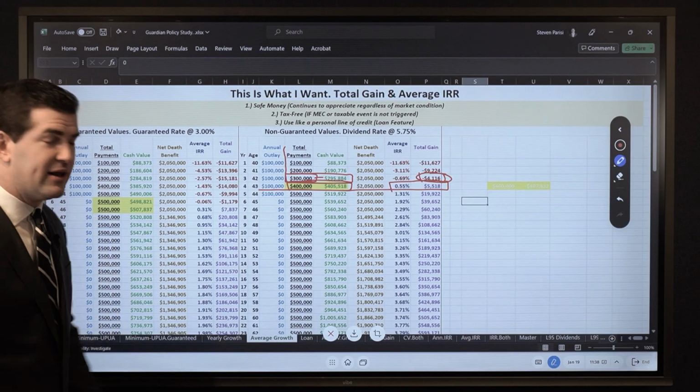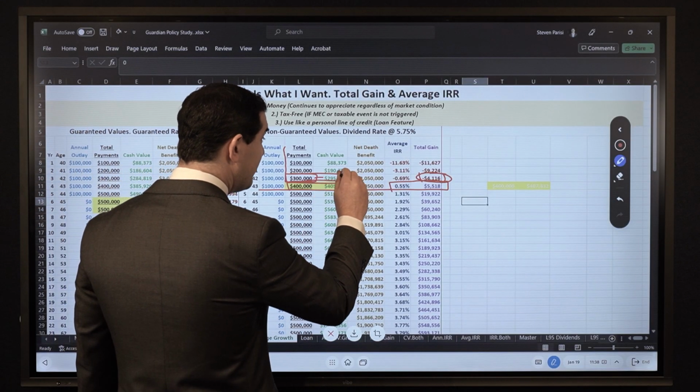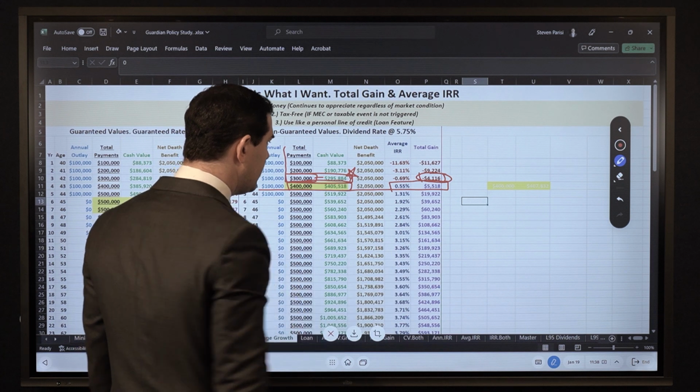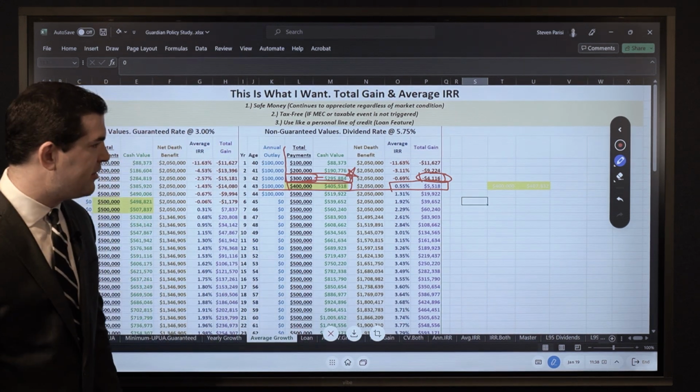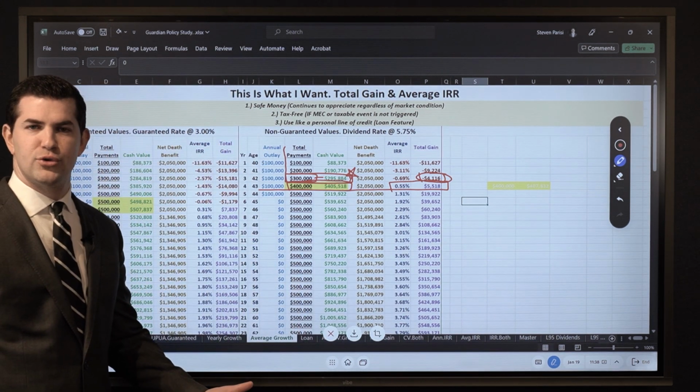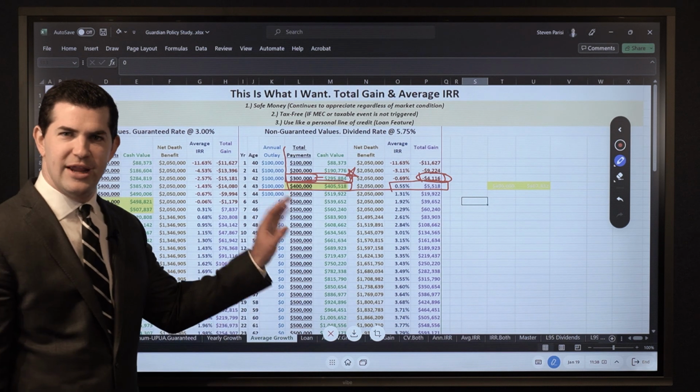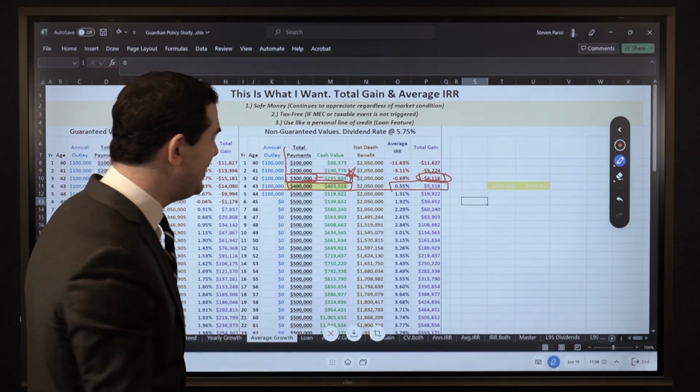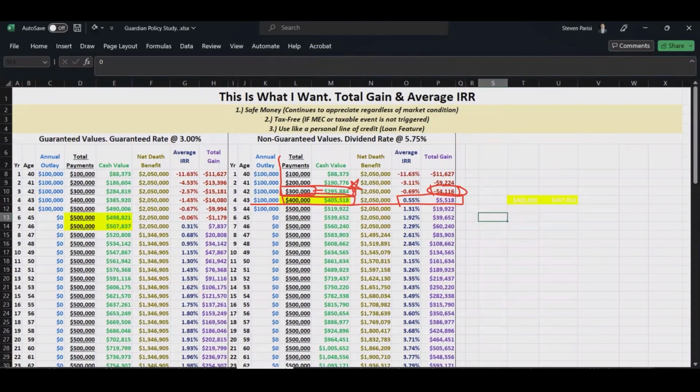So if we were to cash the policy out in year 3, which I would not recommend, but if we did, that's what we would walk away with, assuming over the first 3 years, the dividend rate did not change and we hit that exact value. Actual values will be different from illustrated values, which if you work with us, you know that as we track the performance over time. But same thing with the total gain. So if we look at year 20, at the guarantees, what was it? 200,000. Over here, more than double that, 464.